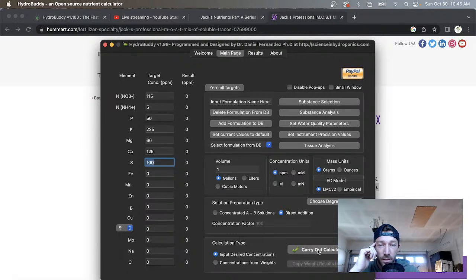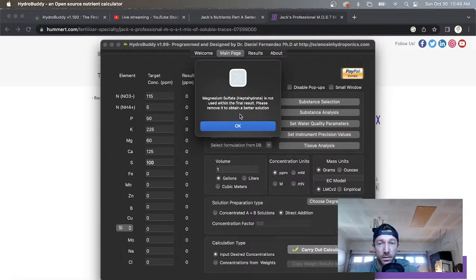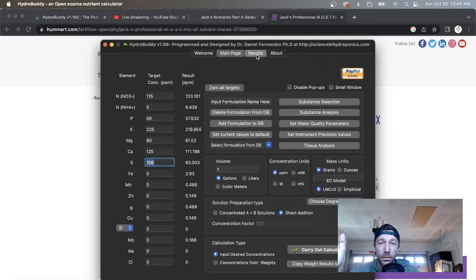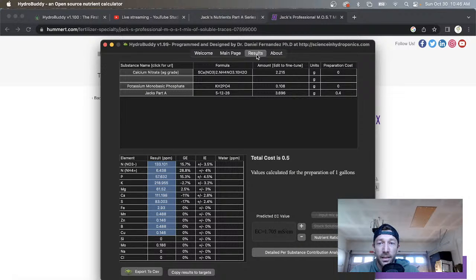So anyway, we have everything here. We've selected our substances, and now we just say carry out selection. It'll tell you that, hey, this one wasn't used in here, blah, blah, blah. Remove it and you'll get more accuracy. So play with it a little bit and go from there. And then this is exactly how it would be. So once you've done that and you've said, I want this, you go to the results page, you come over here and it tells you